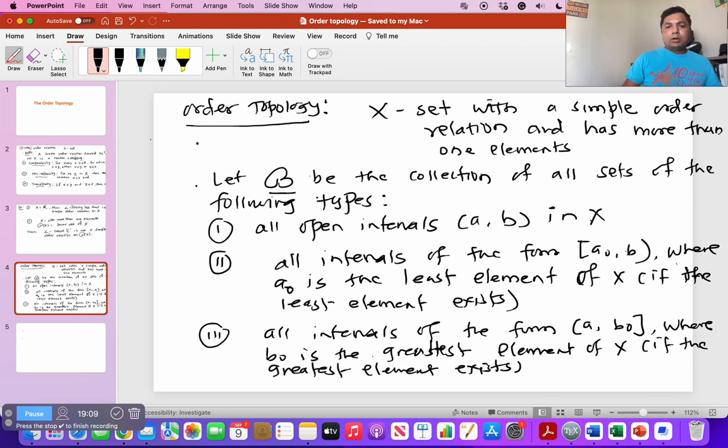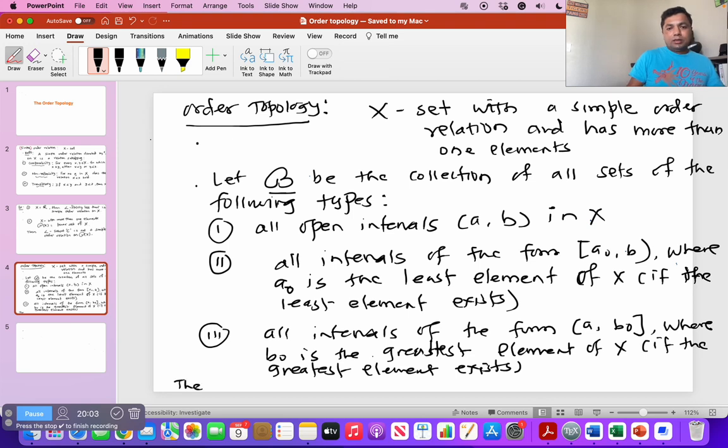Okay, all right, so X is a set with a simple order relation and has more than one element. Now we are taking script B as a collection of subsets of X of these three types. If X doesn't have a least or greatest element, then script B is simply the set of first type. If X has the least element, then script B is the collection of first and second types, and if X has both least and greatest elements, then script B is the set of first, second and third types. It depends on your set. Okay, now here